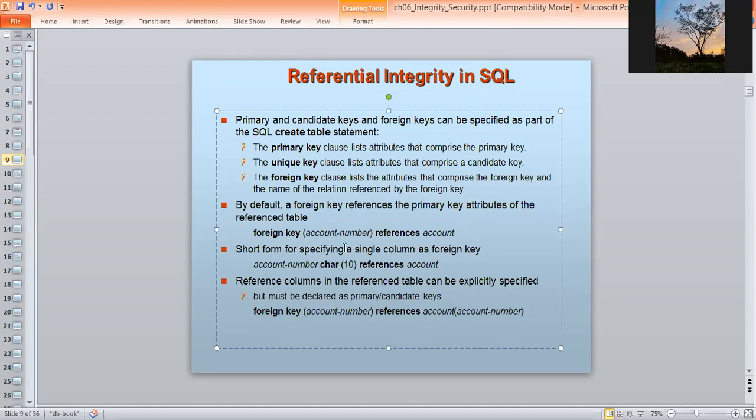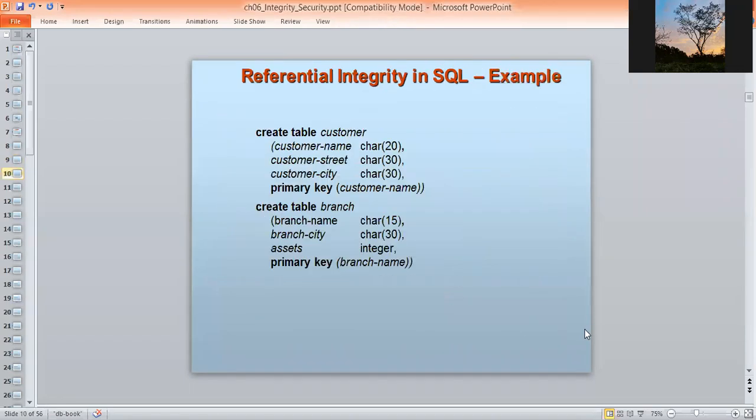A short form of specifying a single column as foreign key is account number char(10) references account. The referenced column in the referenced table can also be explicitly specified: foreign key account number references account. In the next slide, we can elaborate it more.